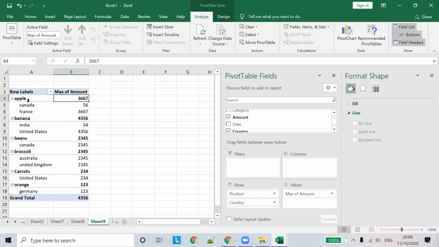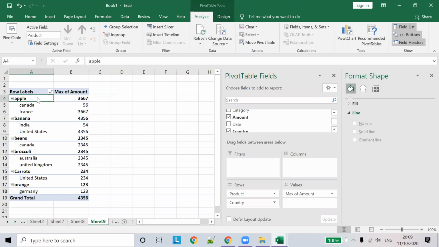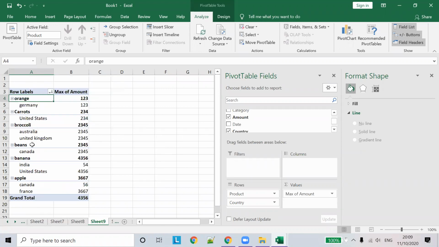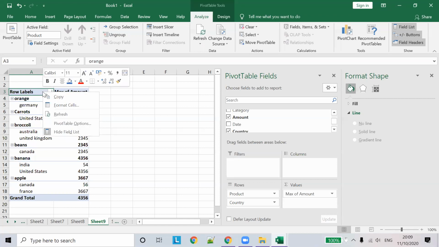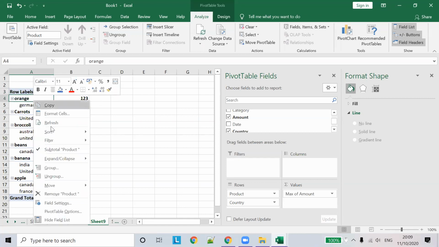So likewise, you can do sorting on those fields. Okay, we can go to filter. Okay, we can go to sorting. So it is A to Z. So if you want to display by Z to A, you can see the sorting reversed based on the option we selected. And so then what else did we see? We saw filtering also, right?